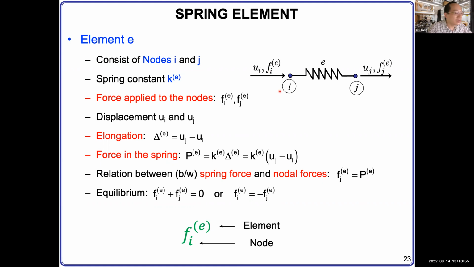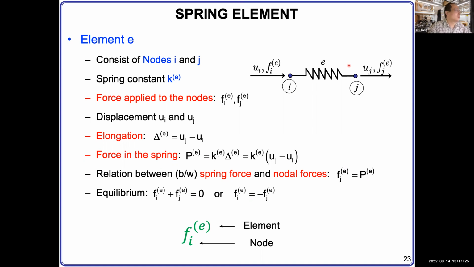Okay. So overall, it means we now have the full information of this spring. Some parameters are known, some are not known. For the unknown things, we are going to solve for them. For the known things, we will put them into the equation and combine with the equations from other springs, because we have a system, right? Not only one spring, many springs. We will put them together and then solve the whole equation set.